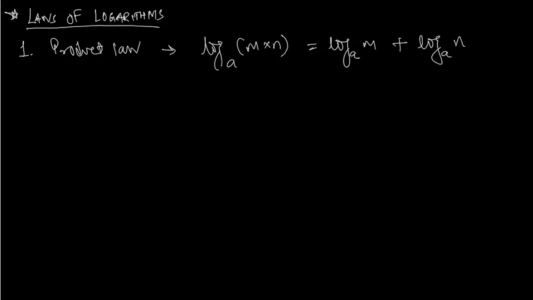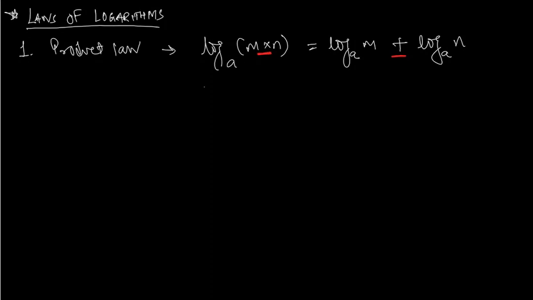So what happens over here, if you have two numbers or product of two numbers whose log is taken to the base a, any base, then you can actually separate them, separately take the logs of both the numbers, but the multiplication becomes addition. The only point to be remembered is the multiplication sign changes into addition sign. So logarithm is such a useful application. It converts this complicated and long method of multiplication into simple method of addition. That is the idea behind logarithm.